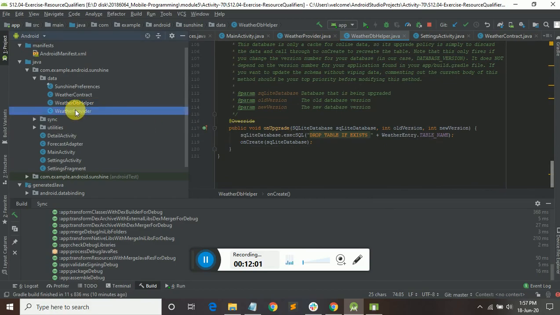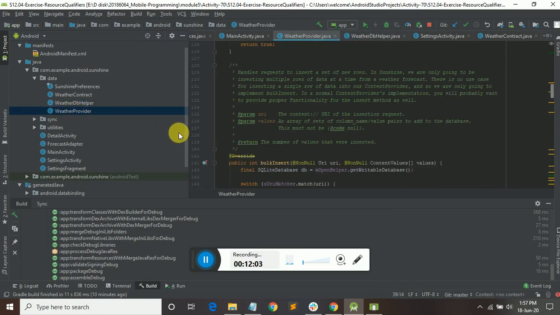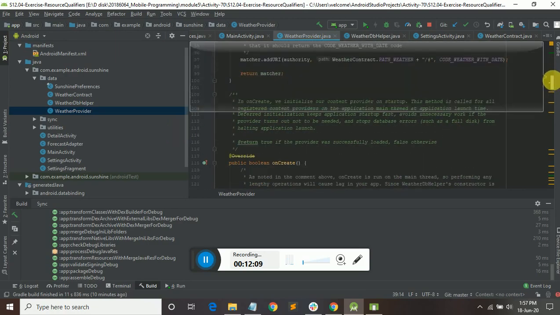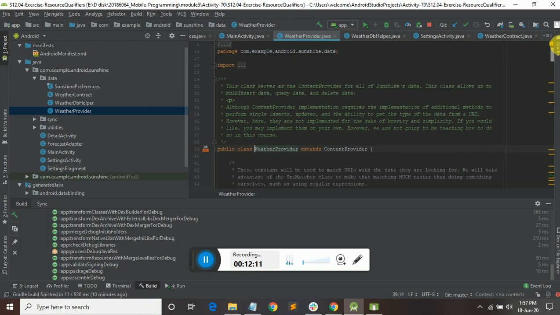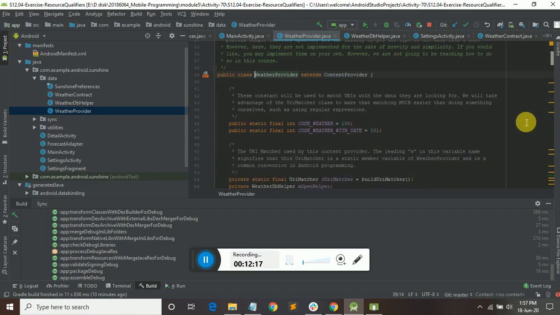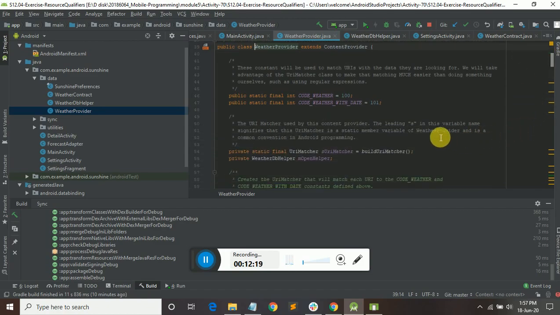And next to the weather provider, the number of values that were inserted can be known. I can show you here, we take variables called code weather and code weather with the date, 100.